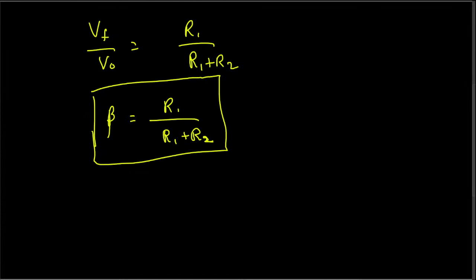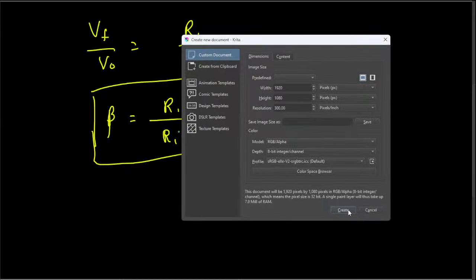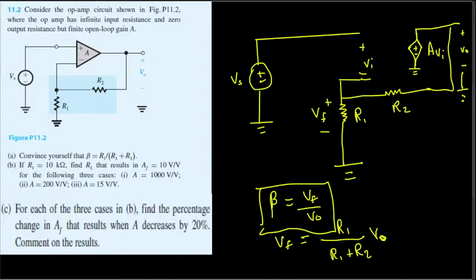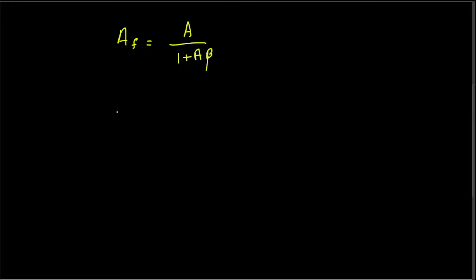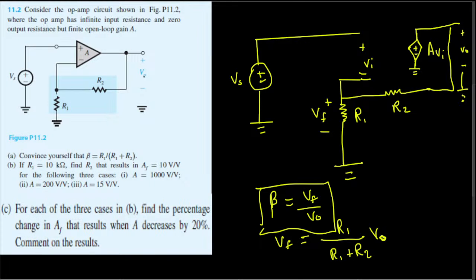Okay, so here AF is nothing but the closed loop gain, and closed loop gain is defined as, let me use a new page for it. Closed loop gain, expressed as AF, is defined as A over 1 plus A times beta. Now here they have mentioned that AF is equal to 10 V/V, so that's the closed loop gain. And then they are asking us to find out